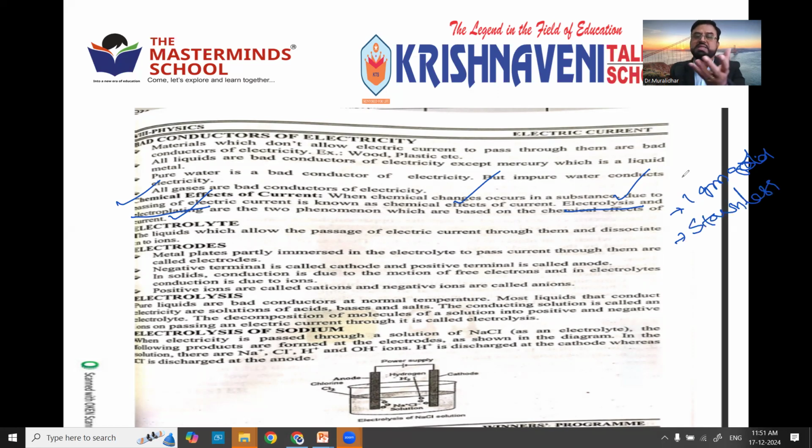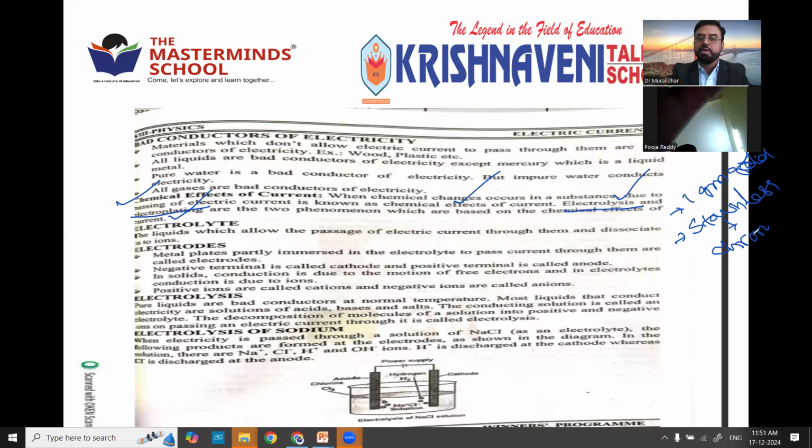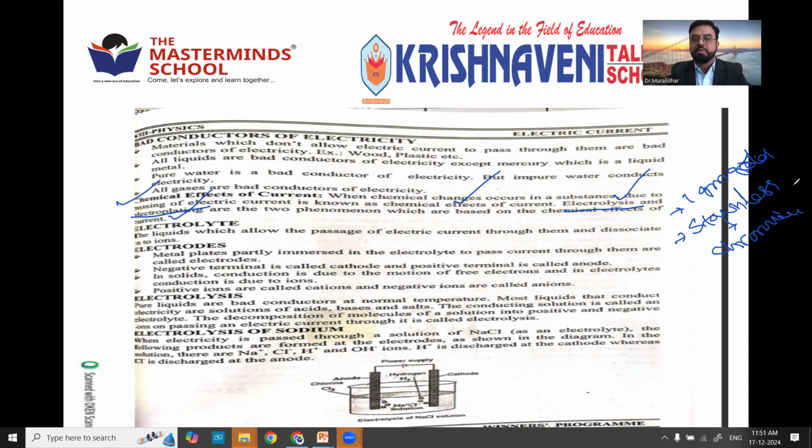When you see your utensils in the kitchen, the plate you are eating from, that is called stainless steel. Over steel we are coating chromium. Whenever a chromium coating is given over steel, we can call it stainless steel. That is also done by passing electric current. That is called electroplating, coating one metal over the other